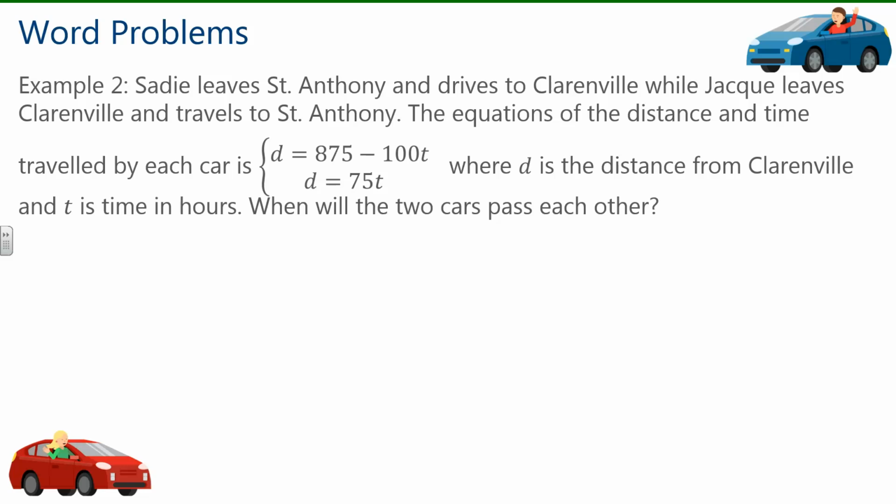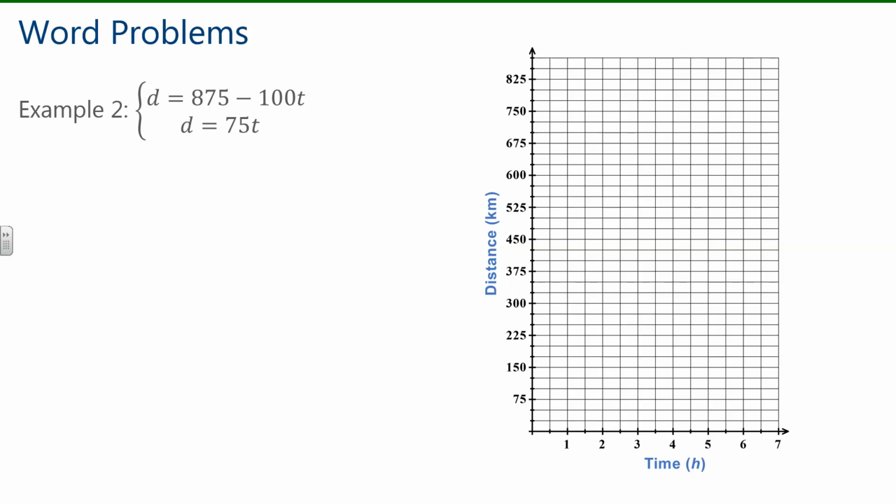So we don't need to create our system of equations here. It's given to us in the question, so let's just go ahead and graph. So I have my time on the x-axis, that is the independent variable, and the distance is on the y-axis, the dependent variable. And when I graph the first equation, I notice that it's in the form y equals mx